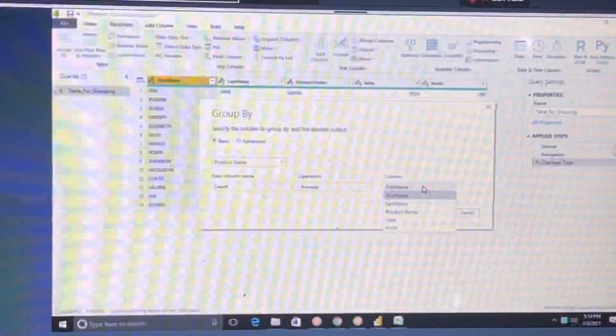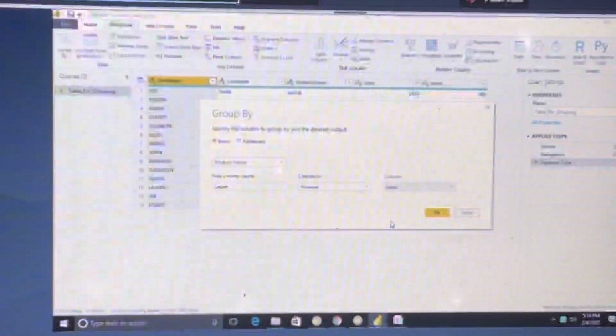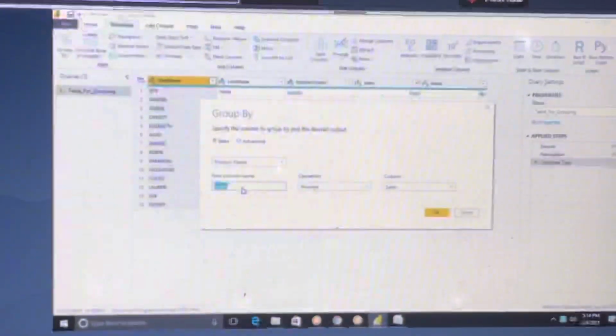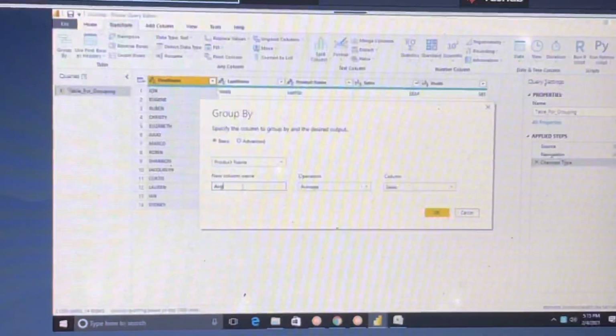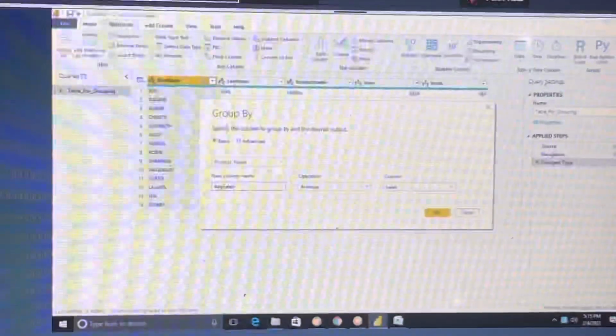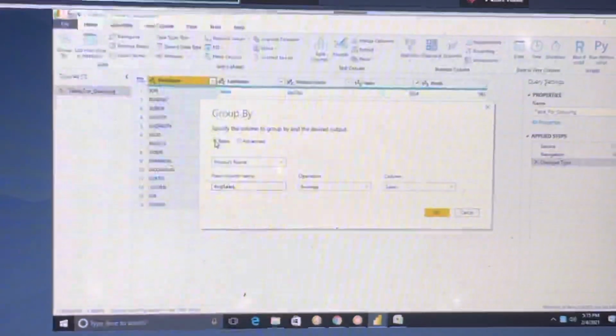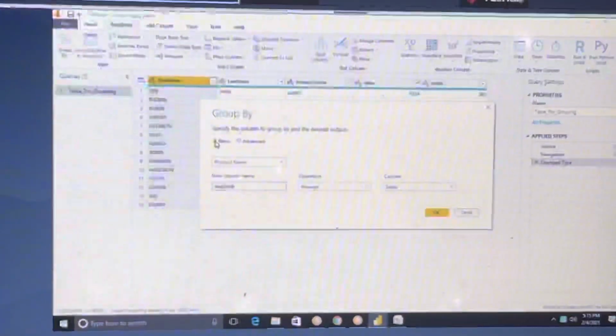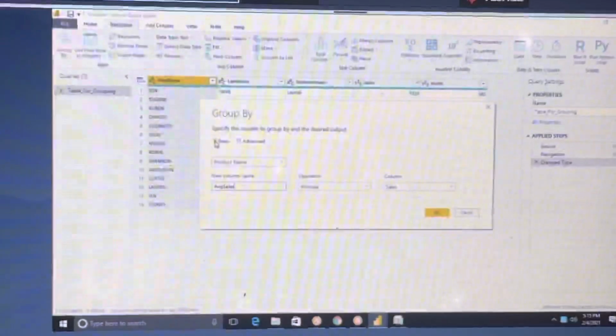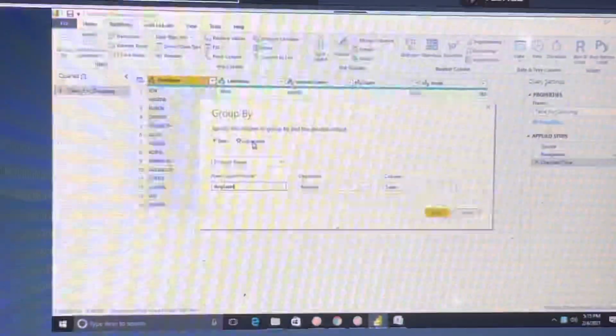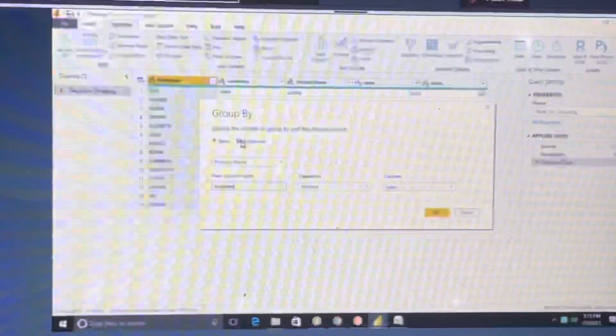I want sales average, so give it a name: average sales. In basic you can write only one aggregation, so if you want more, click on the advanced option. If you want only average sales, this is fine.